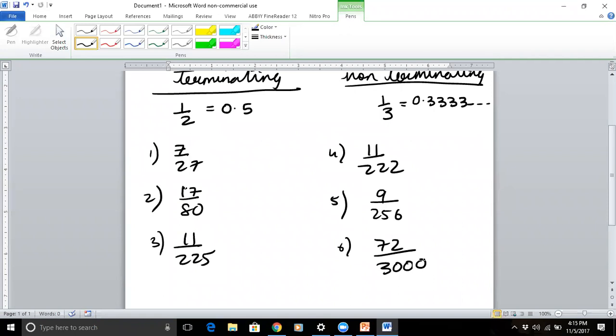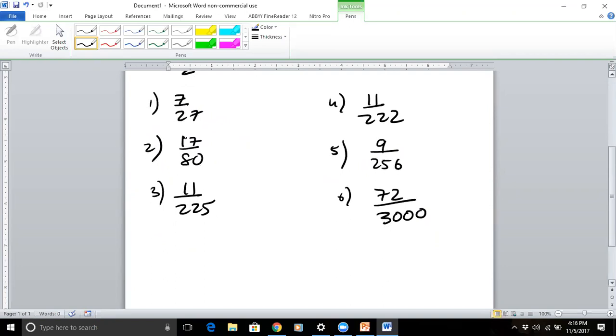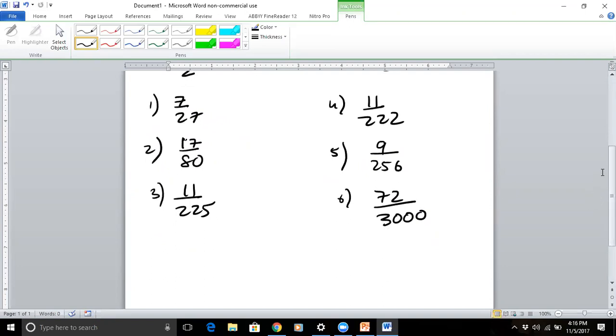Okay, so most of you, 2, 5, and 6 says Rishi. All right, somebody says 2, 3, and 5. So a lot of you are telling me that 2, 3, and 5 are going to be terminating. Some say 6, 2, and 5. Okay, perfect. 1 and 2 only. Okay, so a lot of non-terminating. All right, so some of you have given me the right answer, some of you have given me partial answers. So just listen to me in terms of how I would define a terminating fraction,